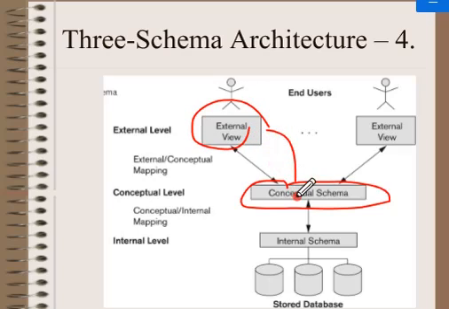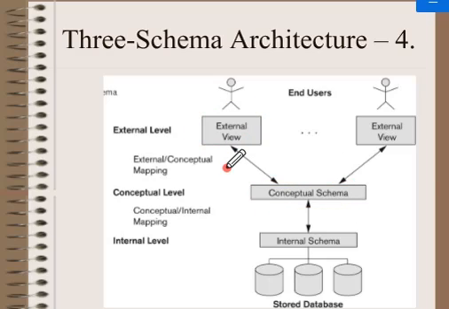So when I make some changes in the conceptual schema, I need not change my external schema entirely. This capacity we call logical data independence.